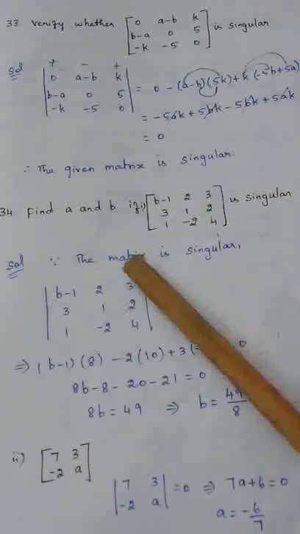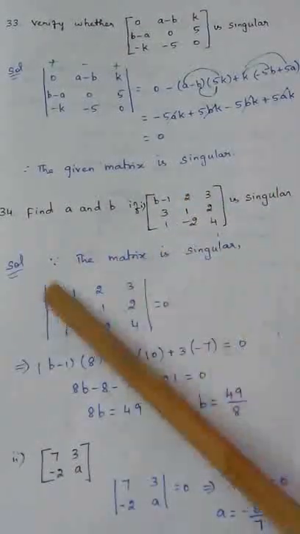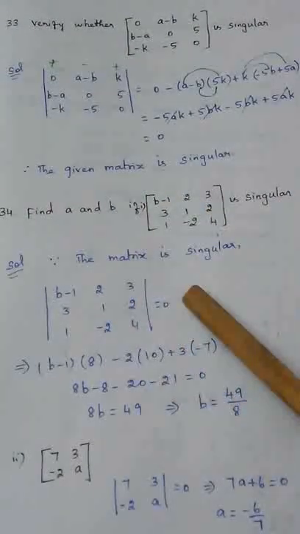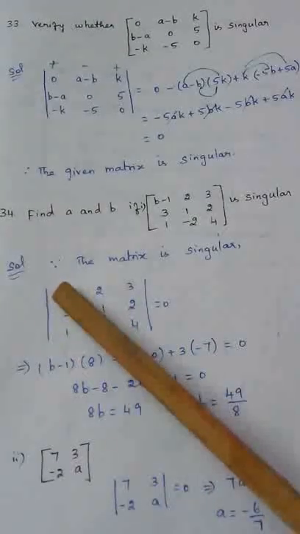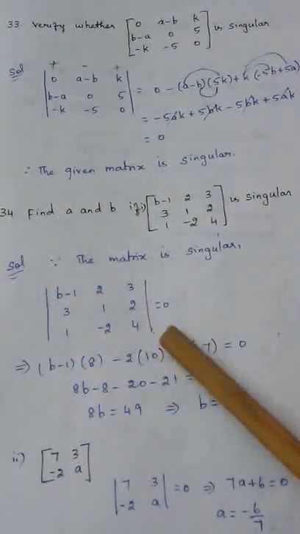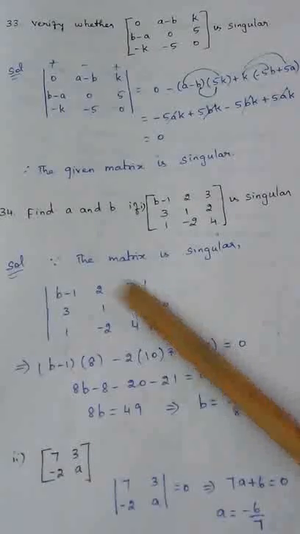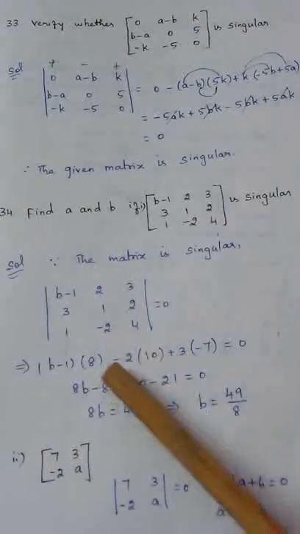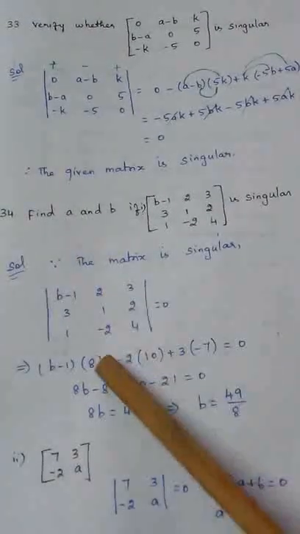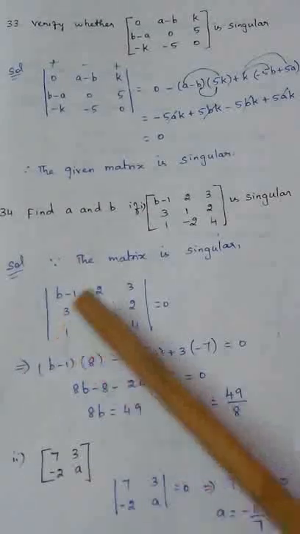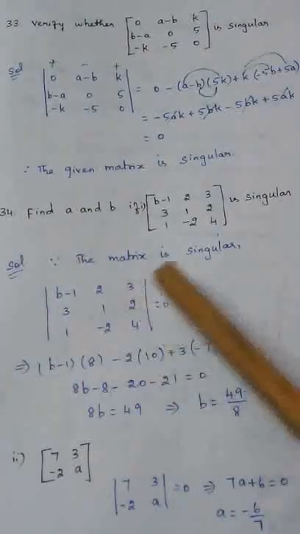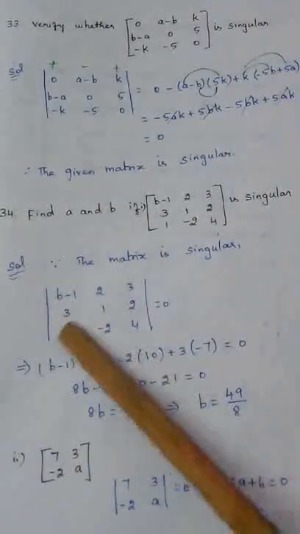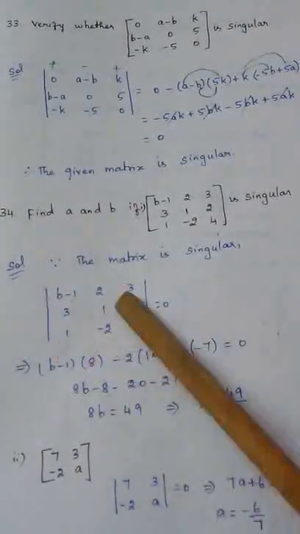So first we will take this. Since this matrix is singular, the determinant value is 0. Yes or no? The determinant value should be equal to 0. So expanding this, b minus 1 into 4, minus 4 comes, so 4 plus 4, 8. Symbol here is minus, so minus 2 into this row and this column goes off. 3 4s are 12. This is 2, so 12 minus 2, 10. Plus 3 into minus 6, 1. So minus 6 minus 1, minus 7.